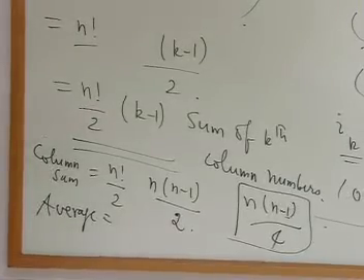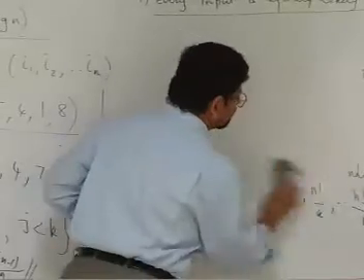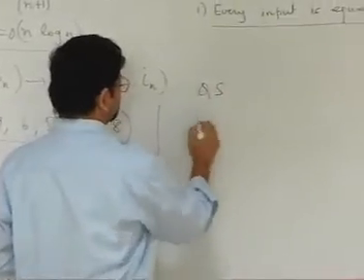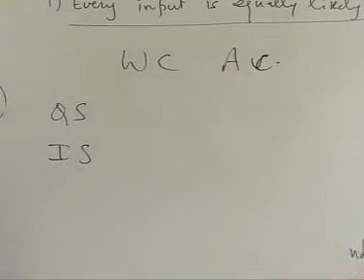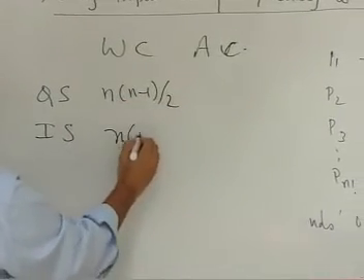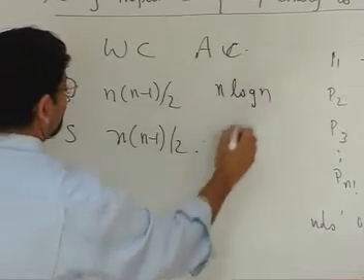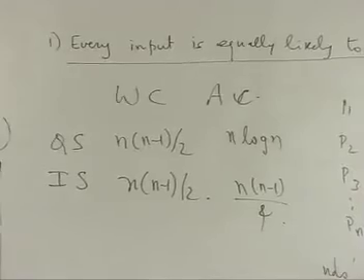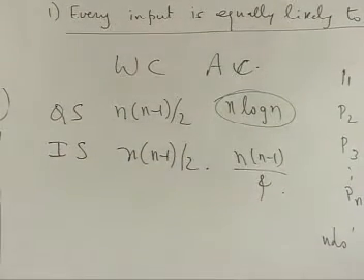Okay. Now you can compare and see our intuition. See how it was done. Quick sort, insertion sort, worst case, average case. For quick sort also worst case n into n minus 1 by 2, insertion sort is also n into n minus 1. But this is n log n and this is n into n minus 1 by 4. This n log n I have to resolve. I will do the cleanup in my